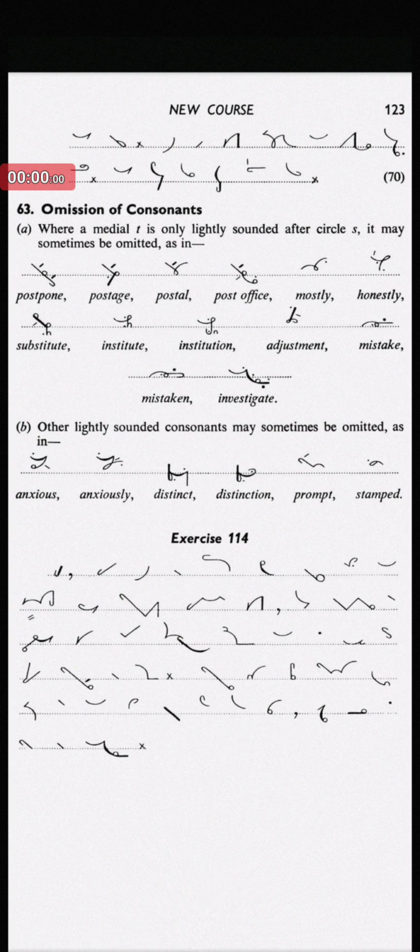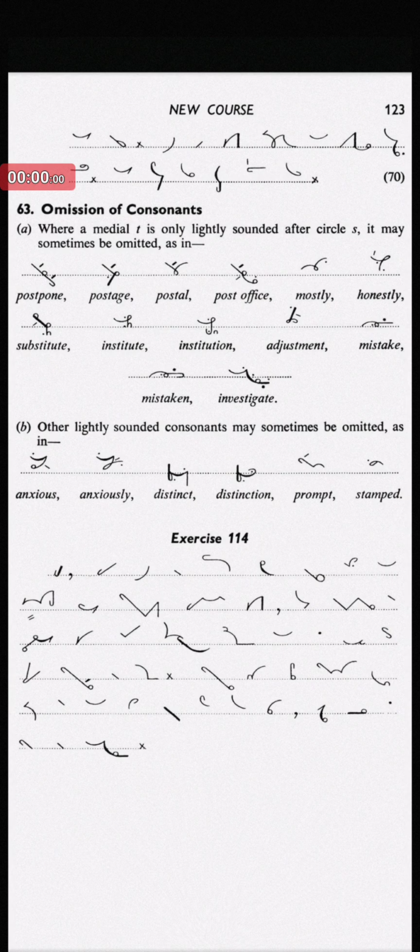Hello students, after completion of tick and dot h with exercise number 113 from chapter number 14, आज हम करेंगे ओमिशन ऑफ कॉन्सोनेंट्स। ओमिशन ऑफ कॉन्सोनेंट्स क्या होता है कि किसी भी कॉन्सोनेंट की लाइट साउंड आ रही है तो उसको हम वहाँ पर उसका कॉन्सोनेंट नहीं बनाते हैं, ठीक है, उसे ओमिट कर देते हैं। As in, where a medial T is only lightly sounded after circle S, it may sometimes be omitted. इसमें बताया गया है कि T की अगर लाइट साउंड आ रही है सर्कल S के बाद तो हम T को नहीं बनाते हैं, ठीक है।